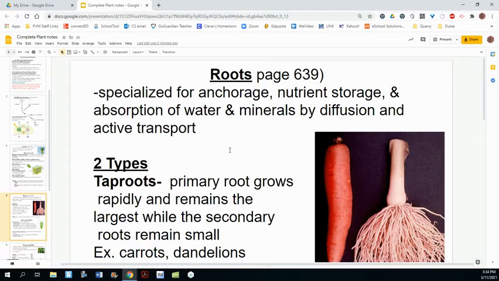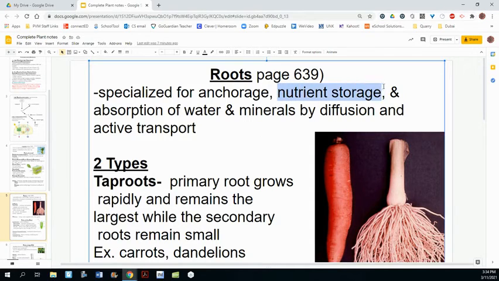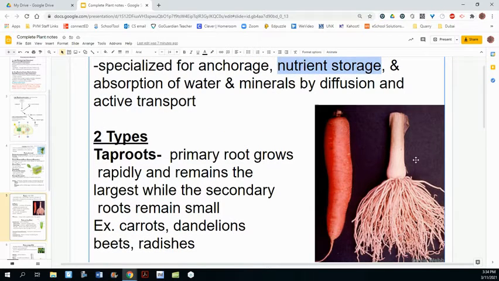Okay, let's talk about roots, which are another specialized type of tissue. So we had the specialized cells of the leaves. Now we have the specialized cells of the roots. These are designed for anchoring the plant. They're designed for nutrient storage. If the plant is a carrot, for that matter, these are storage structures